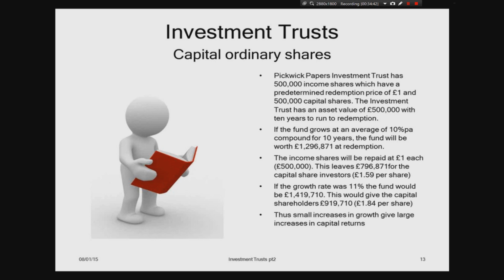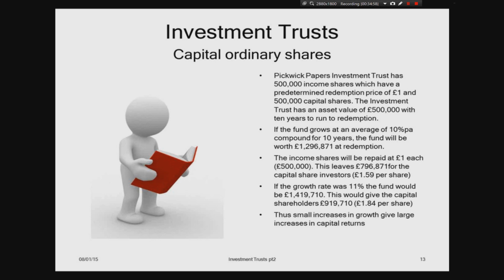1,296,871. I don't know why I couldn't have just rounded that to 1.3. I must have been in my obsessive pedantic mode at that time, but there we go. 1,296,871 at redemption. The income shareholders